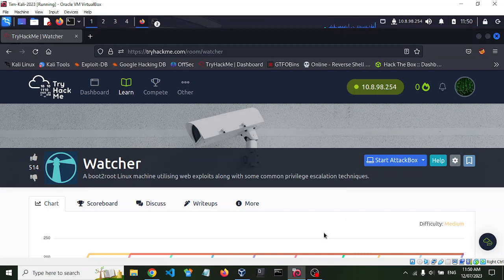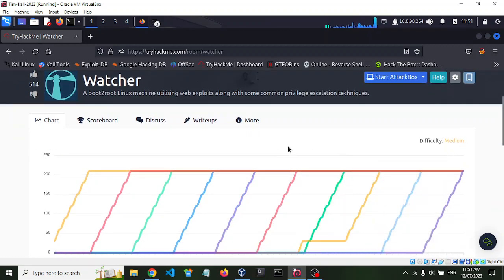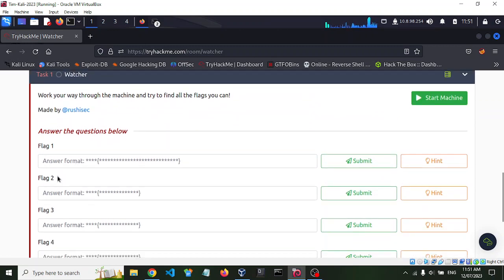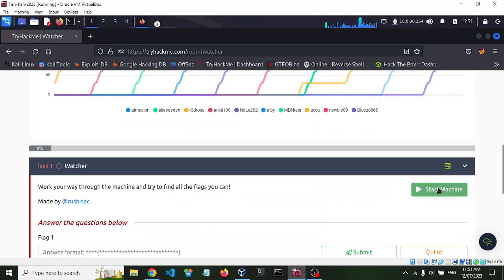Okay, today I'm going to do the Watcher room in TryHackMe. It's a Linux machine utilising web exploits along with common privilege escalation techniques. And it's a medium one, it's a bit more challenging. You've got to find flag 1, flag 2, flag 3, flag 4, flag 5, flag 6, flag 7. Seven flags you've got to find. So we'll start the machine,